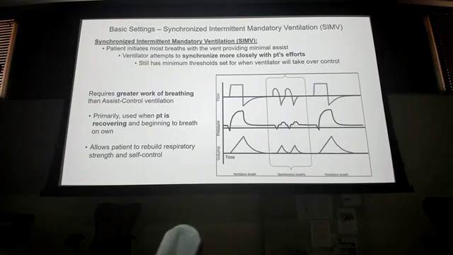So we want to wean them off of it. This tool allows them to breathe. And then there are other tools that we can use to make sure those breaths get bigger and bigger so they're using those respiratory muscles. So again, this is great for when the patient's recovering and we're trying to wean them off the ventilator. SIMV, that's the benefit of it. The patient's doing more of the work. It just may not be as uniform, it's not as pretty.